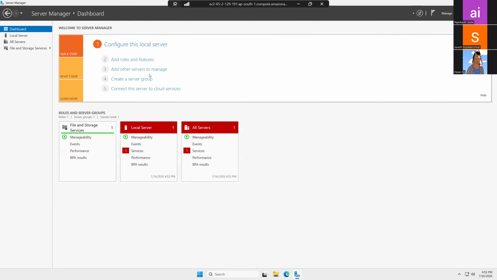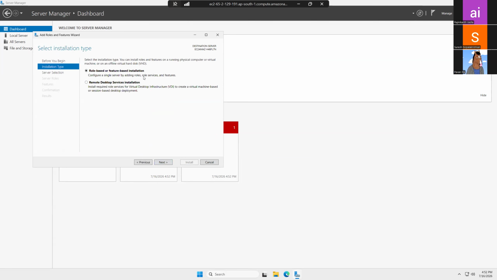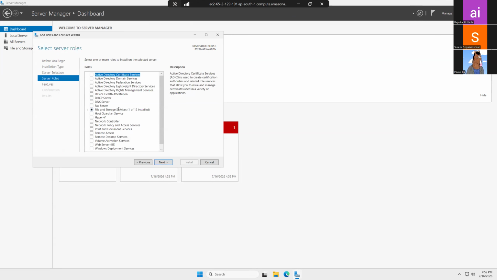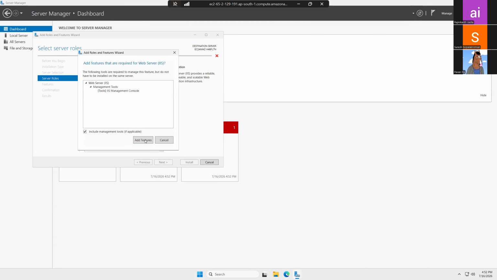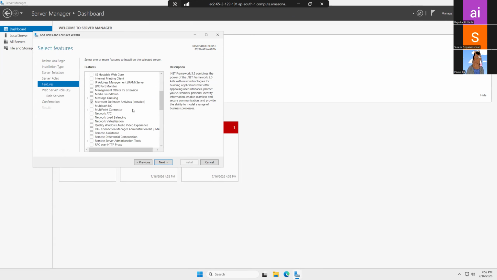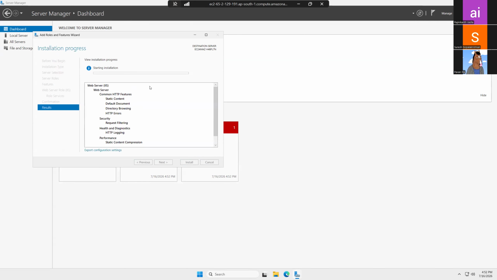So if you install IIS, okay, add roles and features. When you click on this, it will give you an option of installation type. Next, role-based installation only. Next, next. Here you will get Web Server IIS. This one. Add feature. Next. When you go here, things will come automatically. Next, install. So when you do install, in your File Explorer,